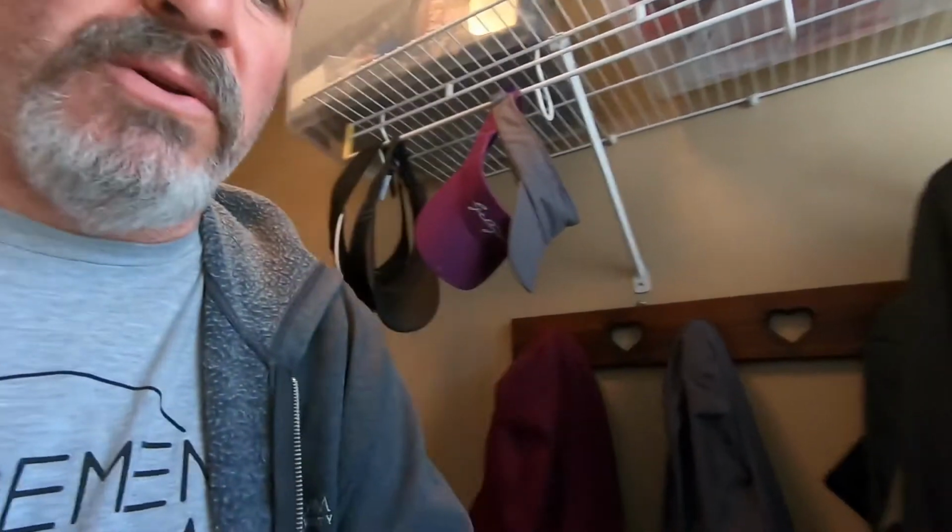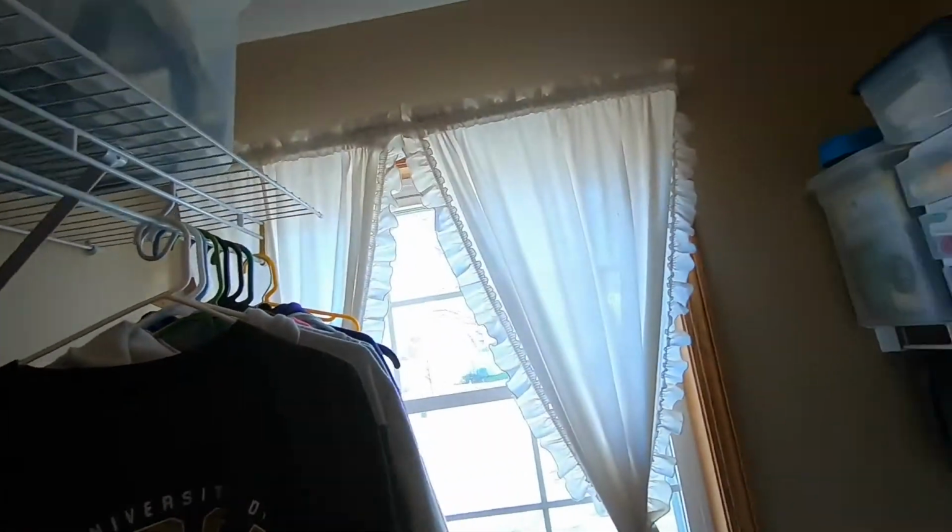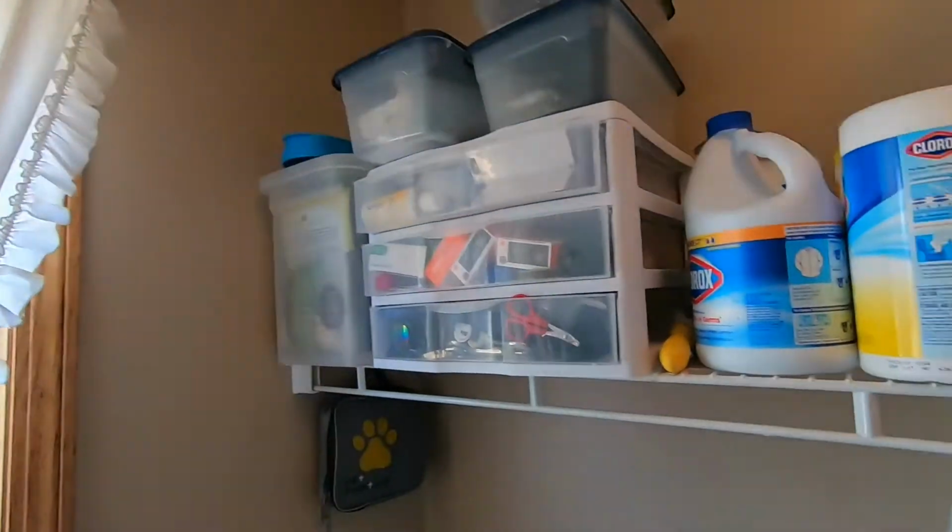I do not like these command strips. My wife puts them up all over the place, which is fine because she needs to hang stuff up, but they do not hold up in my opinion. You're about 50-50 on pulling them off and then replacing them if you need to, but about half the time in my experience they rip off the paint. I just painted this room probably 2 years ago. It still looks pretty nice. It's just our laundry room. So